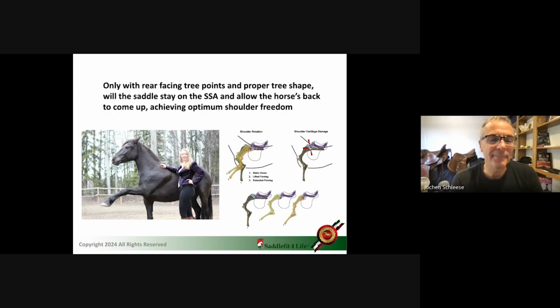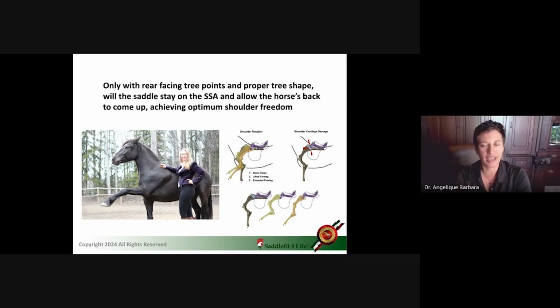Right. And if I bend my ear, I don't really see a problem. It doesn't hurt. Maybe it hurts when I pull my skin. But like you said, there's so little circulation in there. And I'm going out on a limb here, but I don't think there are any nerve endings in there either, is there? Not really. And a lot of times the saddle will just pinch off blood and nerve supply, so the horse just goes numb, basically. They're not really feeling a whole lot of what's going on.